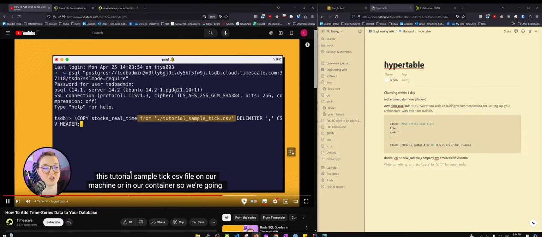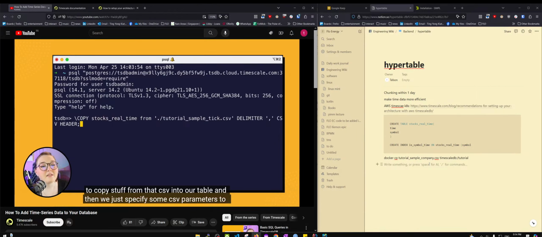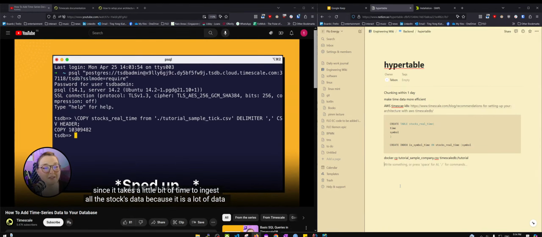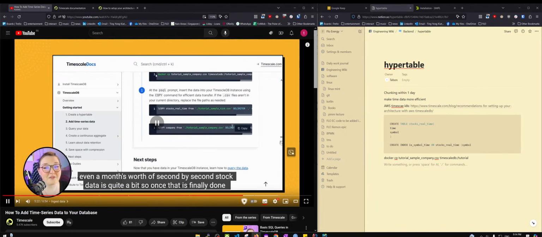on our machine or in our container. So we're going to copy stuff from that CSV into our table. And then we just specify some CSV parameters to make sure that the data ingests correctly. So might as well explain these two commands, since it takes a little bit of time to ingest all the stocks data, because it is a lot of data, even a month's worth of